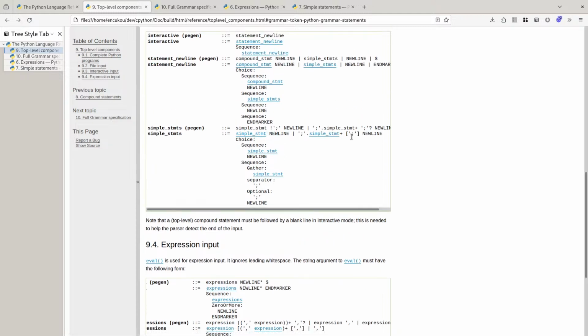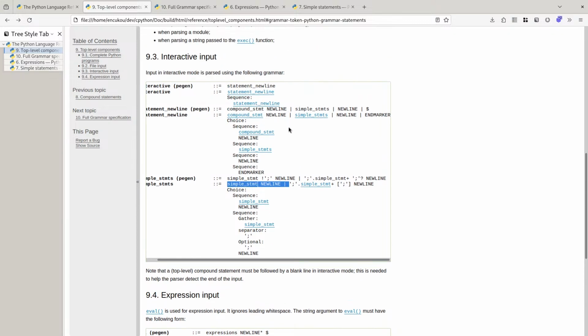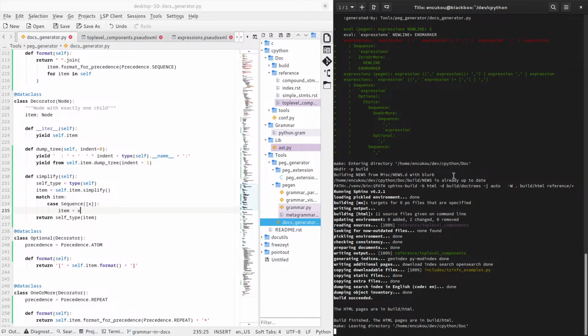We have a similar thing here, right? So if we put this new line out, we'll have either simple statement or gathering simple statements with an optional semicolon at the end. So this is just a special case of that. We can get rid of this entire alternative. Well, let's say this works now, so I'll put it in Git